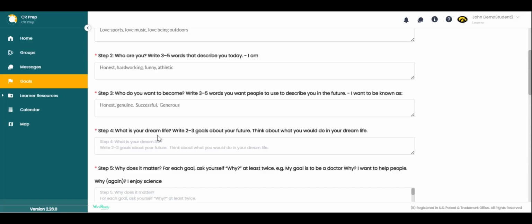Question 4, what is your dream life? Write 2 to 3 goals about your future. Think about what you would do in your dream life. Okay, so this is where you want to think big. If everything came together and you could have any future life that you dream of, what would it look like? And so it could be